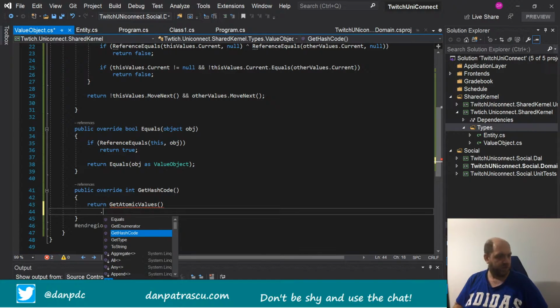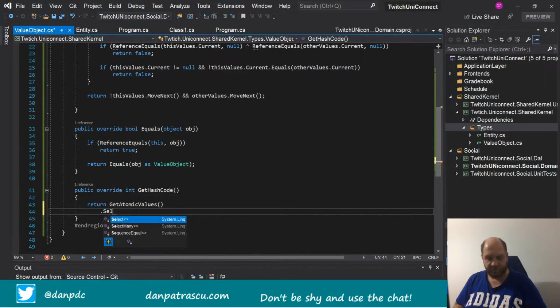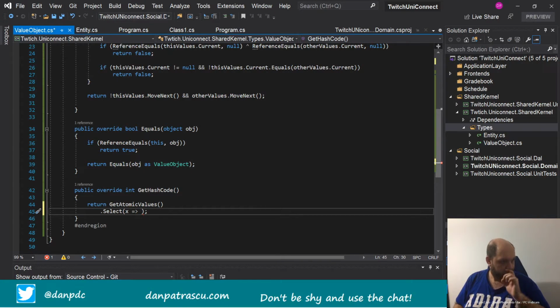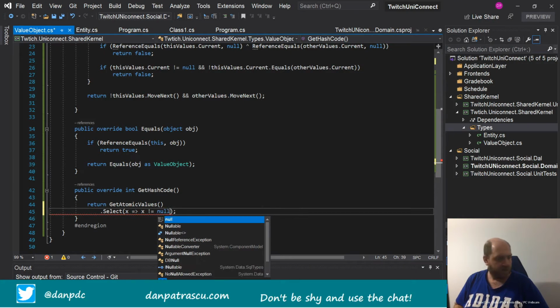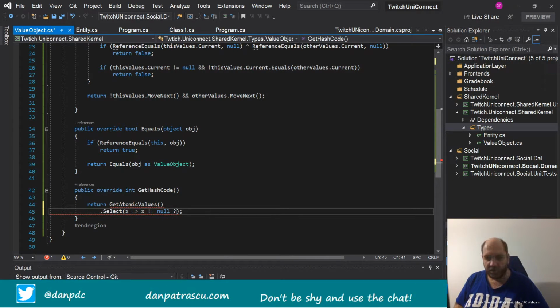And we can simply say here select. We can do a select. And here we say, okay, we want to select x, and if x not equals null, then we return x dot get hashcode, so the hashcode of x. But if it is null, then we will return a default of 0. And we can also